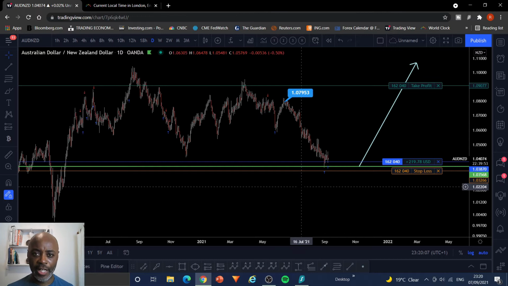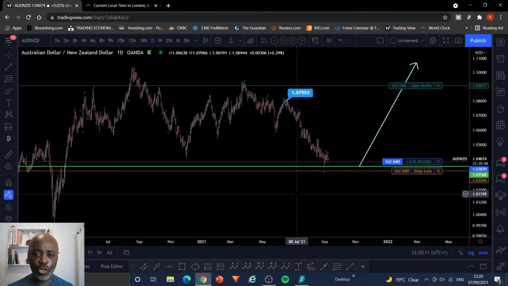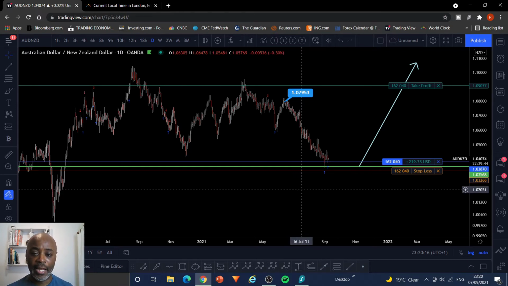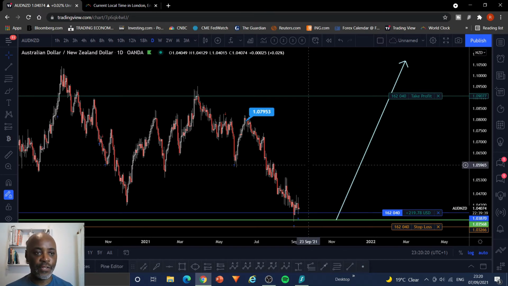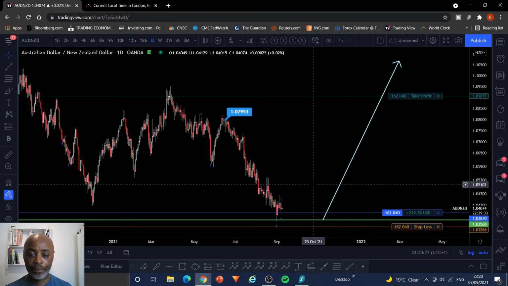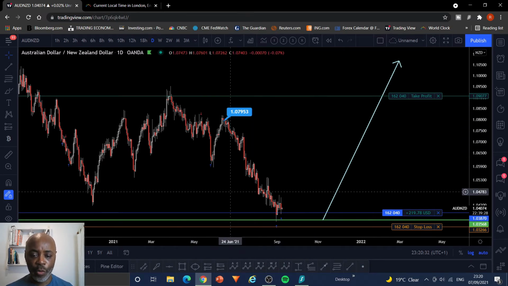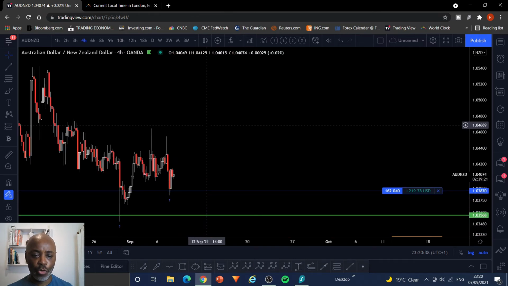All year I've been telling you that potentially I'm going to be bullish the Australian dollar, and I showed you at the very beginning of this series why I got short this pair. Now, there has been some sentiment shifts in the Australian dollar which I believe is going to cause a bounce in this pair. We haven't bounced yet, but we are showing some price action down at this level here, which I've already explained. Let me go down to the 4-hour chart, which has caused me to enter this trade.